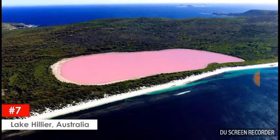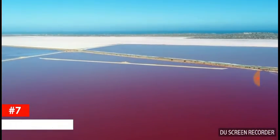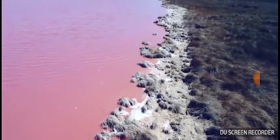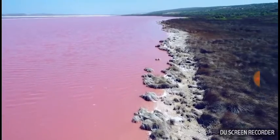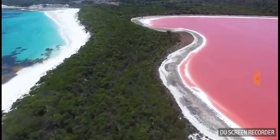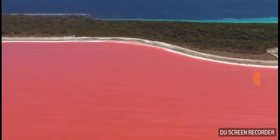Lake Hillier, Australia. Australia is the home of the unusual pink lakes. Lake Hillier is one of them. Located on Middle Island, this body of water is famous for its remarkable bubblegum pink color. 600 meters long and surrounded by a rim of sand and thick woods of eucalyptus trees, this pink lake still